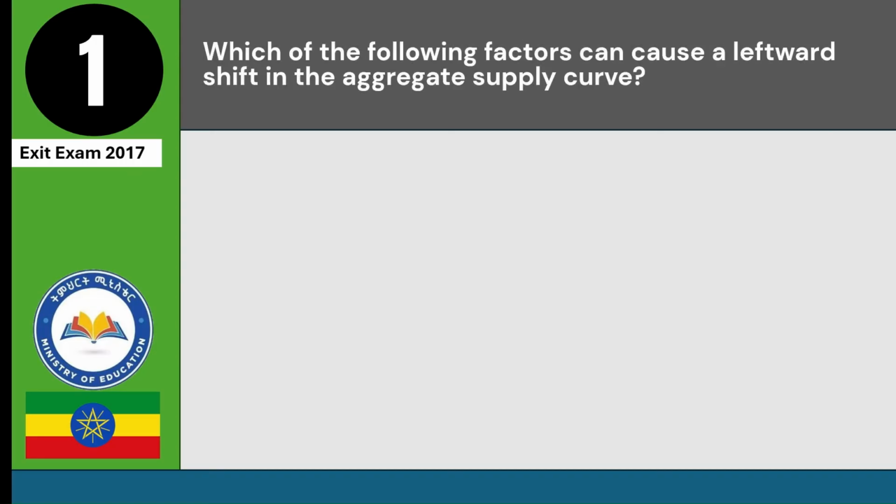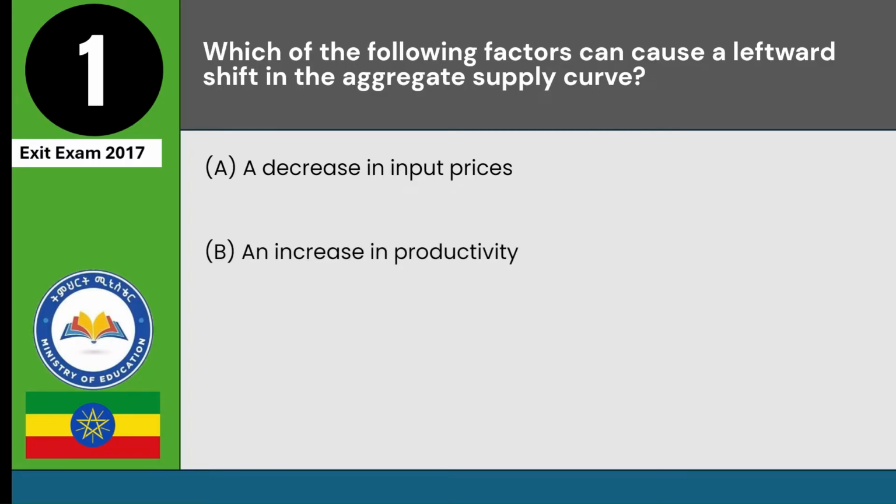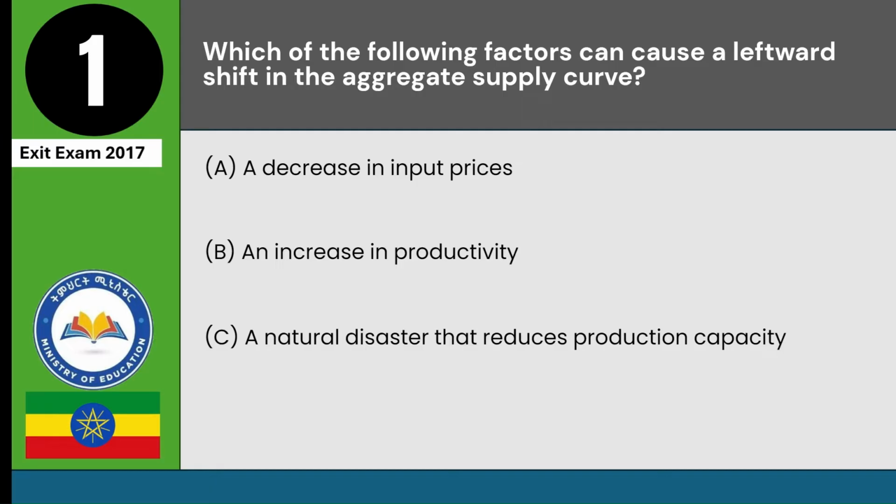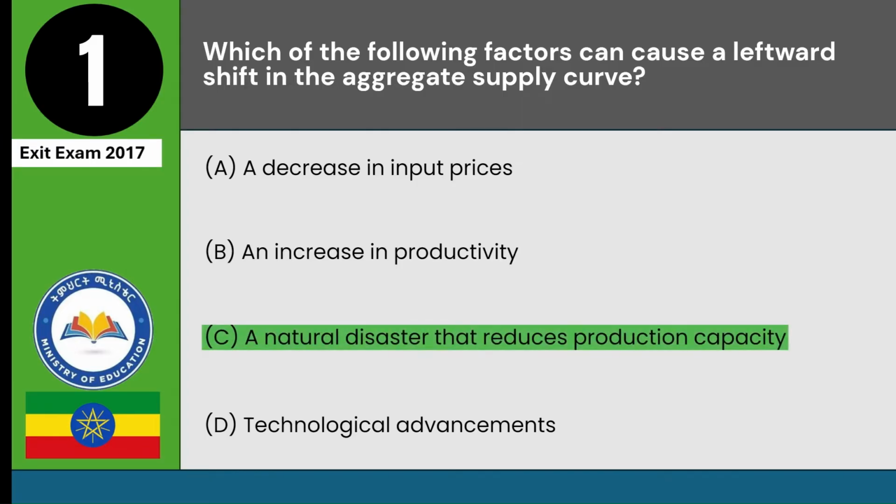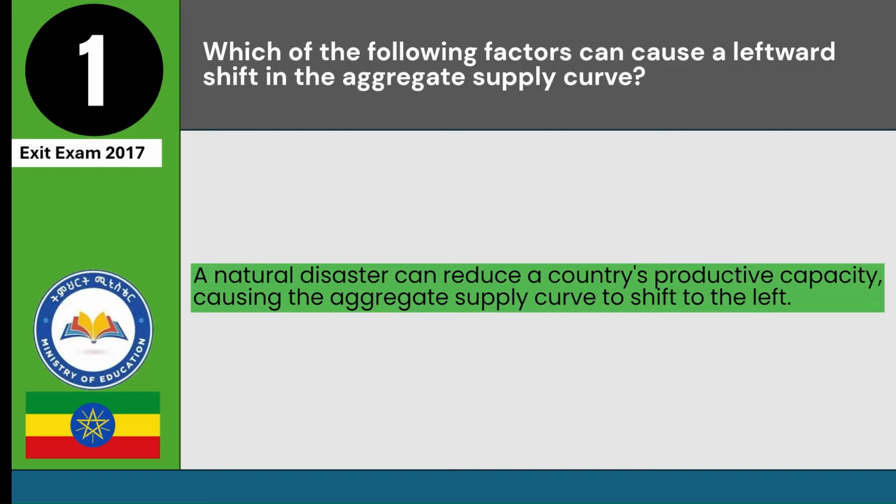Which of the following factors can cause a leftward shift in the aggregate supply curve? A. A decrease in input prices. B. An increase in productivity. C. A natural disaster that reduces production capacity. D. Technological advancements. Answer: C. A natural disaster can reduce a country's productive capacity, causing the aggregate supply curve to shift to the